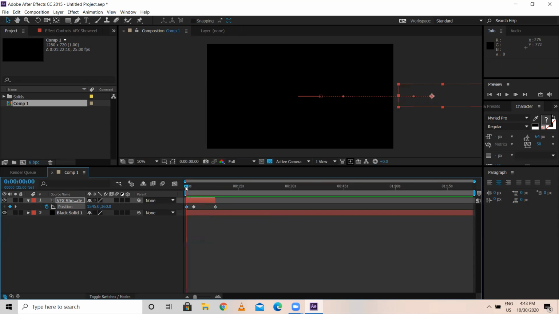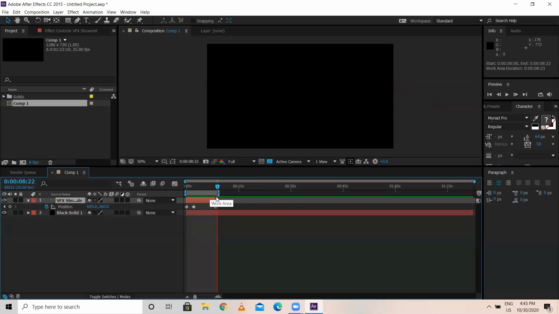So what I'll do for that, here press B. I'll come over here, N for ending the work area, meaning end frame. Press O for a temp render. It shows here, this is not real time. Now actually I want this a bit faster. I want this text to appear a bit faster.